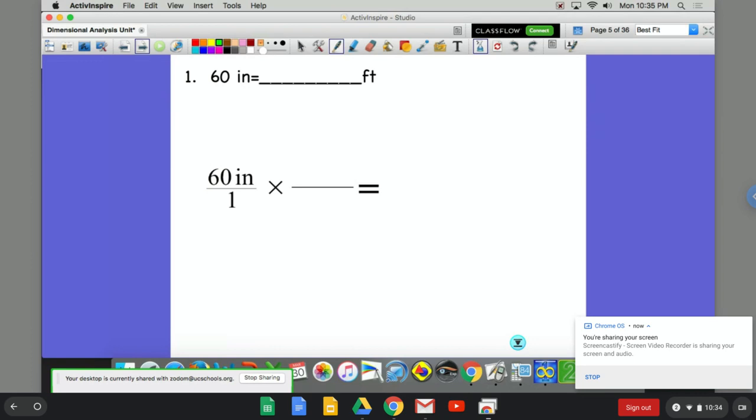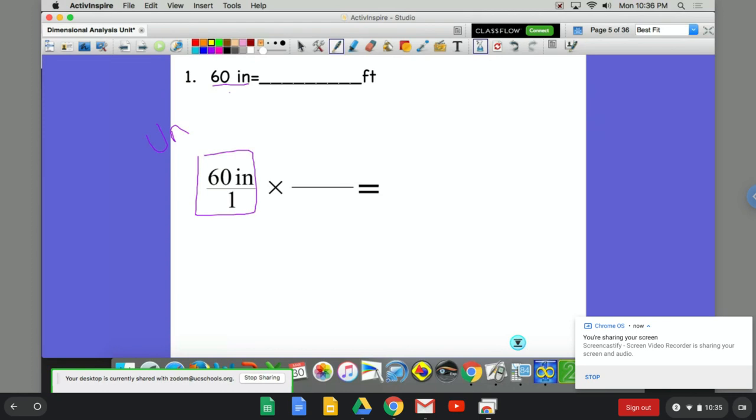So what we're going to do every single time, and this time it's actually done for us, is we're going to take what we're given, which is that 60 inches, and we're going to write it over 1. So exactly like that right there. We always take the measurement we're given and we write it over 1. Now, when we write it over 1, it's going to turn it into a fraction. But what we call this is a unit